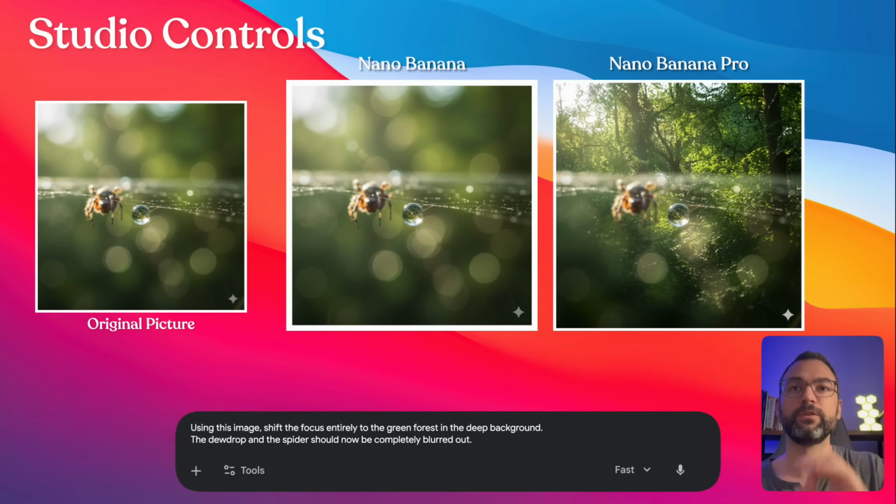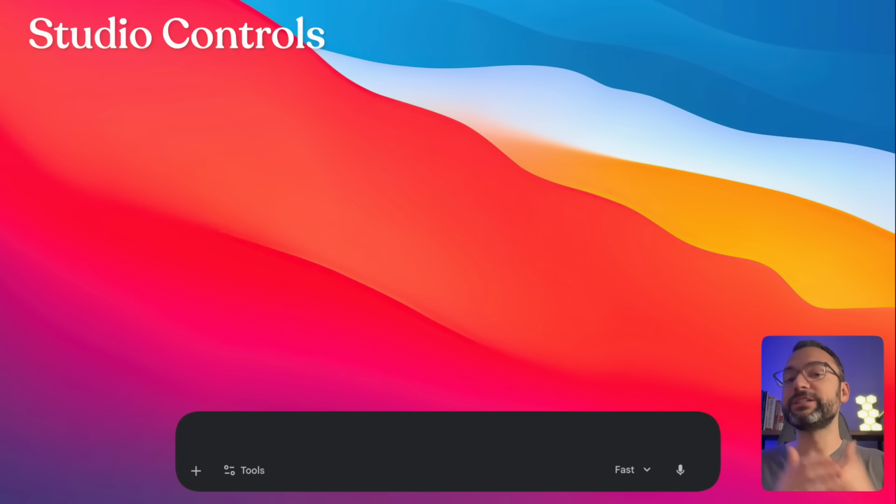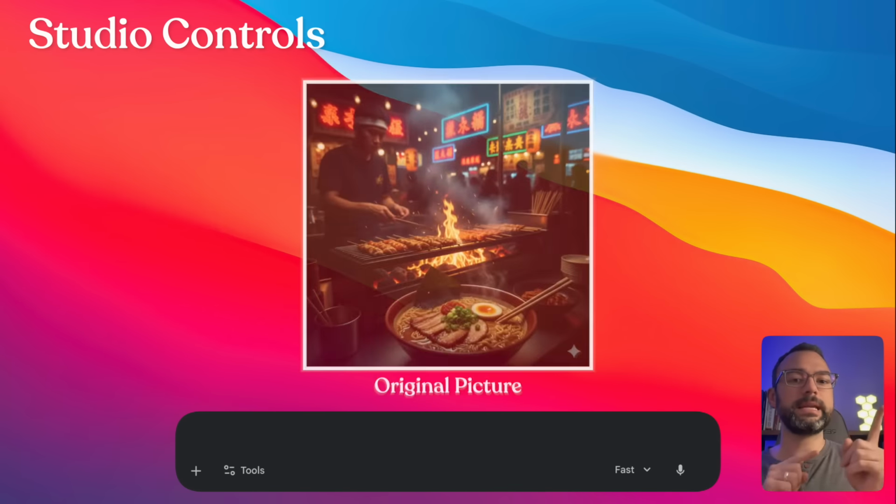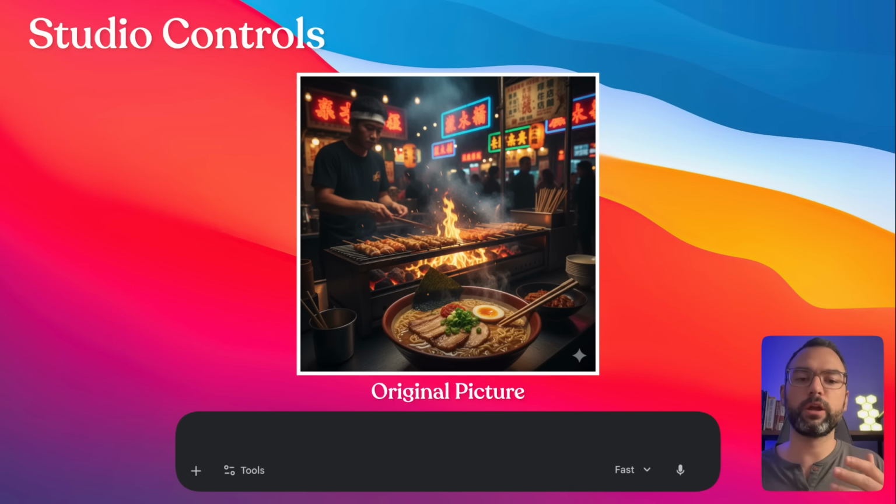So what we want to do for the final third test is hop over with actually changing some different items out in a picture. So let's go ahead and hop over to the third. And for this third test, what we want to do is use this input image of a man cooking over a fire inside of a restaurant. And what we're trying to do is actually test out the ability for the model to fine tune, replace stuff. So what we want to do for this one is the fire in this picture, we want